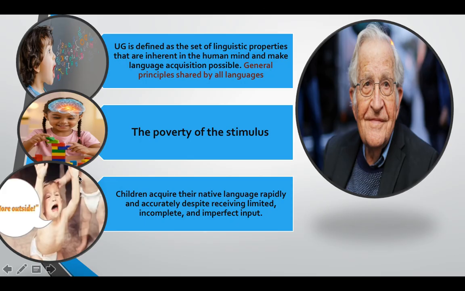As shown here in the picture, it doesn't mean that the child constructed a full grammatical sentence which is grammatically correct, but the child is still trying to make the meaning he needs clear. So the poverty of stimulus argument means that the linguistic input children receive is not always enough for them to acquire complex grammatical structures.